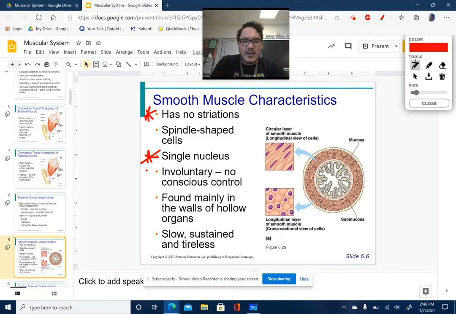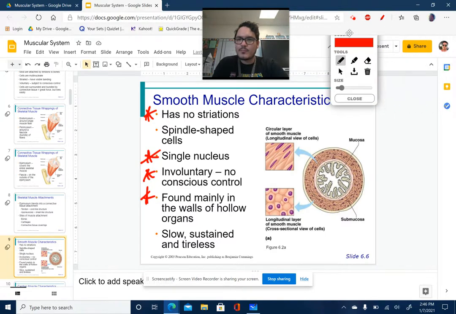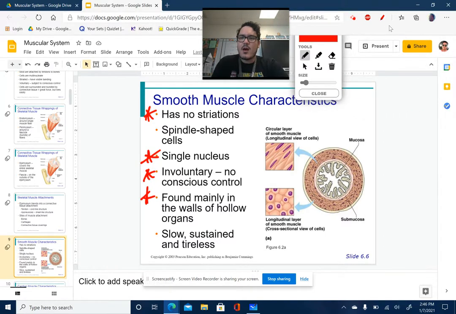They're involuntary. This is yet again something that stands out too. You have no conscious control. It will happen on its own. We find this mainly in the walls of hollow organs. So what are we considering hollow organs? Well, in this circumstance, we'll just write it out over here. Our hollow organs are going to be